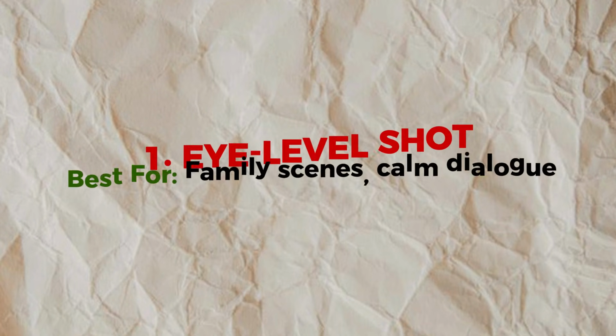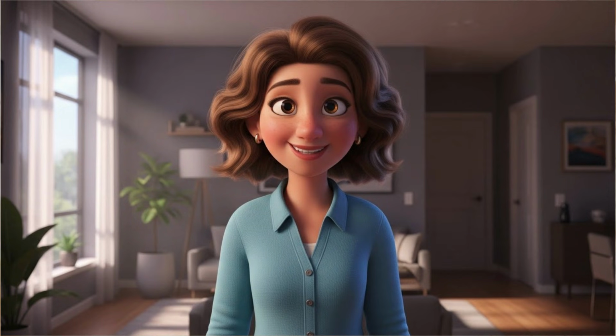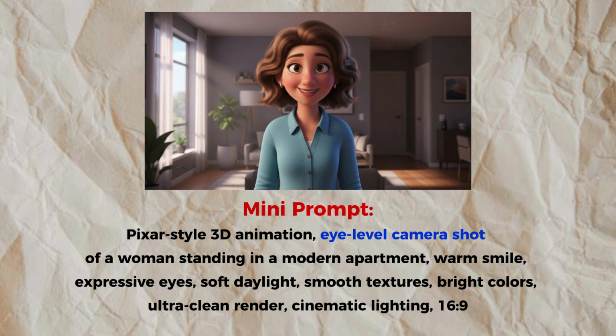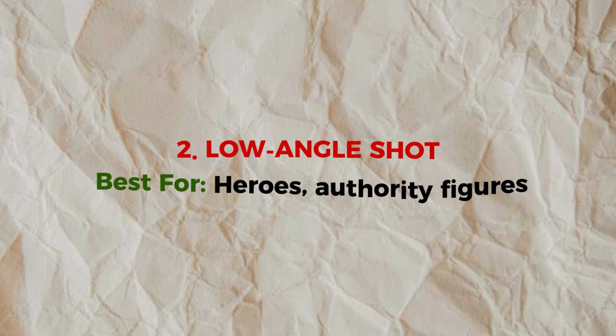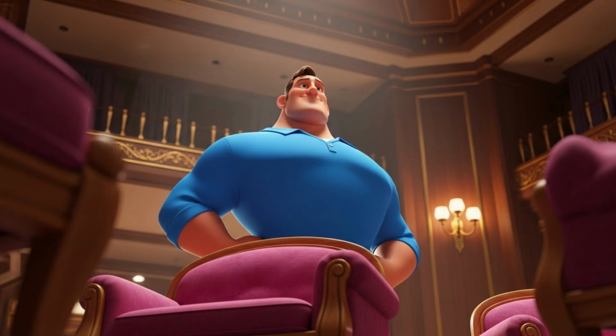The first camera angle that we have here is the eye level shot. Here is an example of the eye level shot. The prompt I use here is a Pixar style 3D animation eye level camera shot of a woman standing in a modern apartment. The second camera angle is the low angle shot, and this is an example of the low